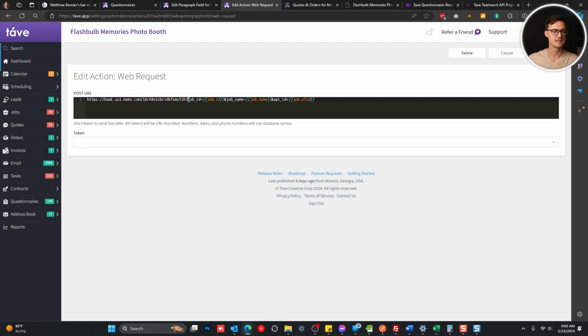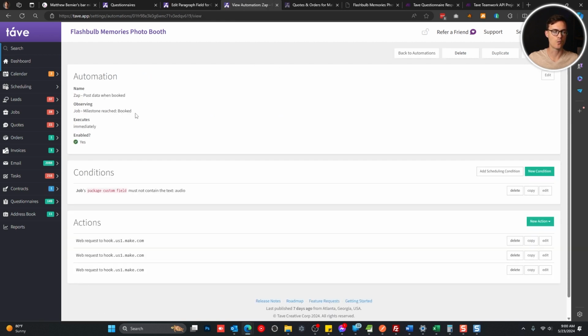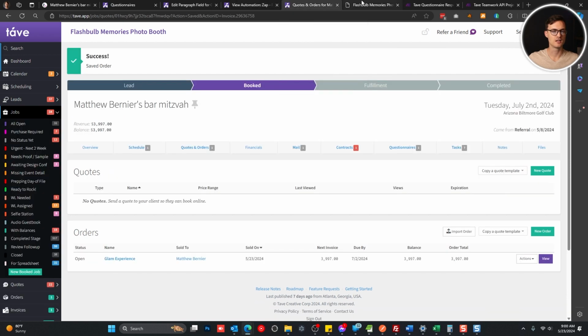And you can see I'm pushing a few fields. So I have my job ID, my job name, and my Tave job API ID. Now I have this automation set up in Tave to push this webhook when a job is booked. That's the first step. That's just going to allow us to trigger it at the exact moment that it's booked. And then if we continue on here